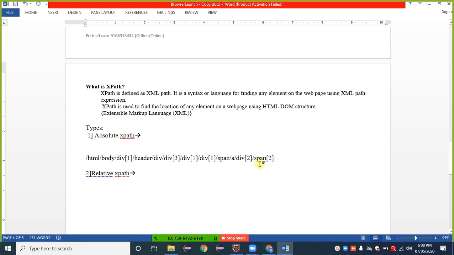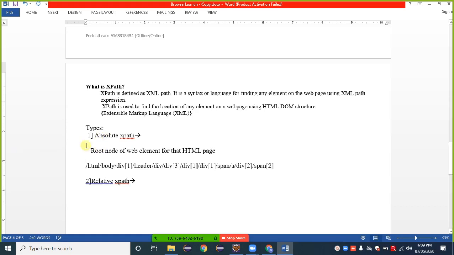Absolute means that this XPath starts from the root node of the web element for that HTML page. Okay, so such a thing is called an absolute XPath.